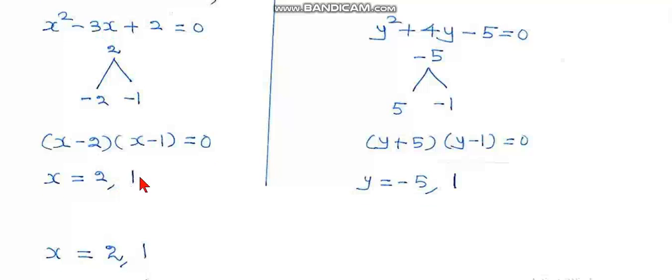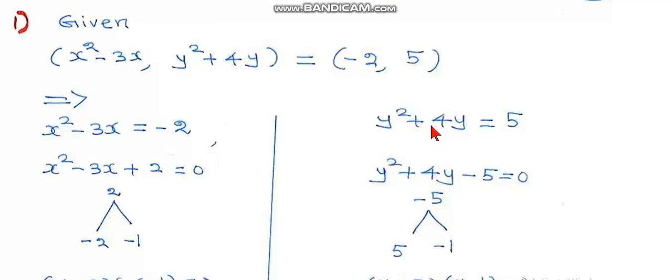Similarly, y squared plus 4y equal to 5, y squared plus 4y minus 5 equal to 0. Factorize this. 1 into minus 5 is minus 5, so the product must be minus 5, sum must be plus 4. So minus 5 can be split up as 5 into minus 1, so that the sum is 4,